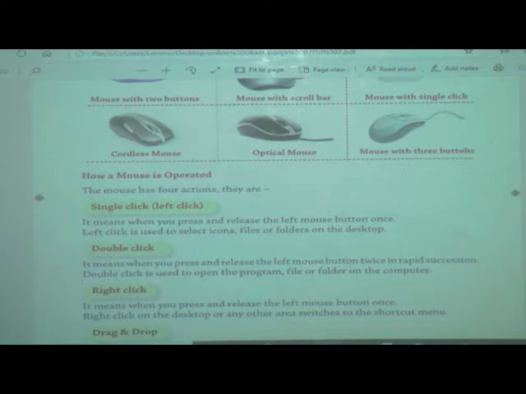Right? Now next action is which? Double click. You see what happens when I click two times. We must press the mouse left button only, but continuously twice. What happens? This folder is open. Right? We will see once again.